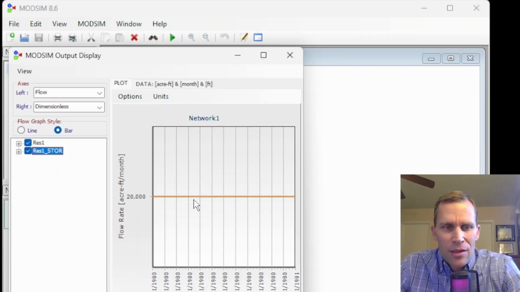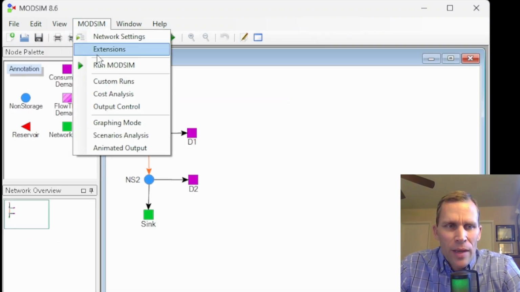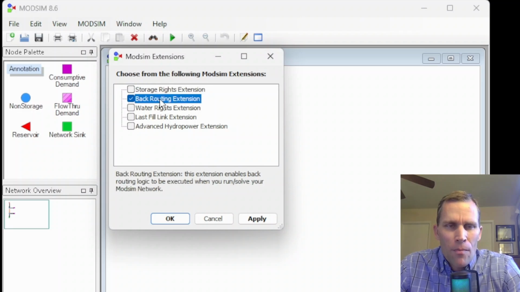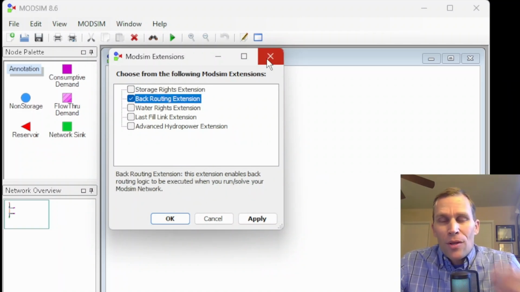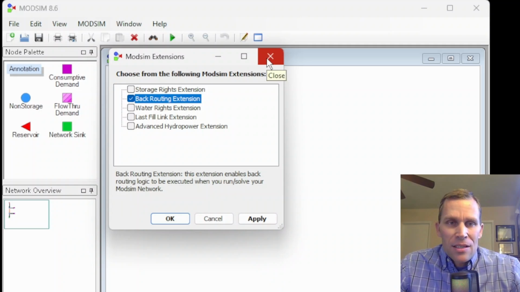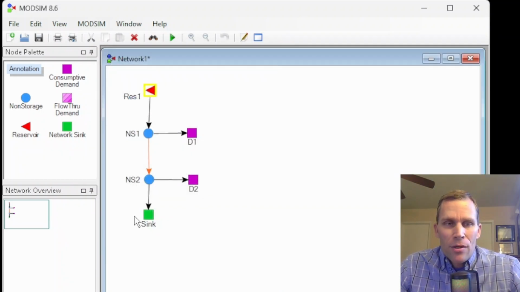Up 20,000, that looks good. And that makes sense because we have the extension here for back routing already invoked. So that's really the main takeaway of this lesson: if you're going to have a network that has any